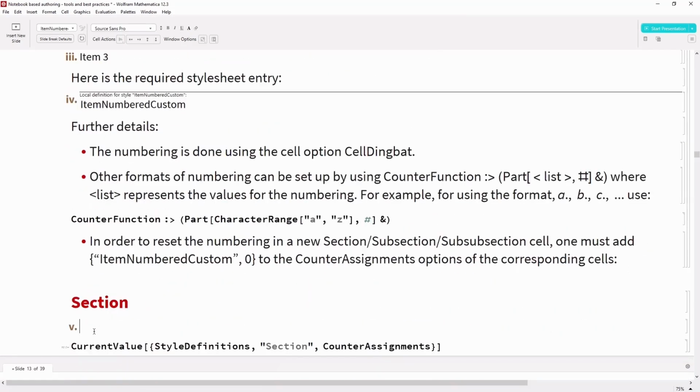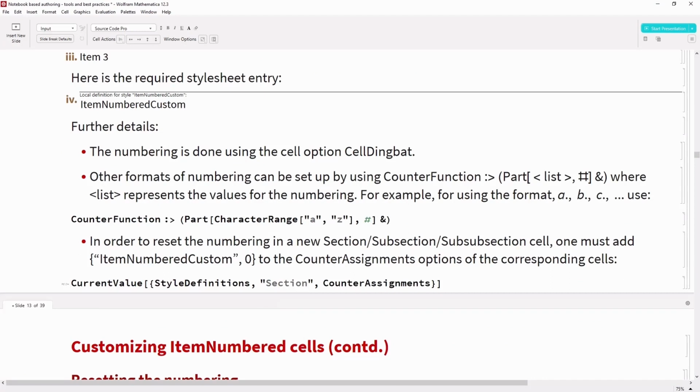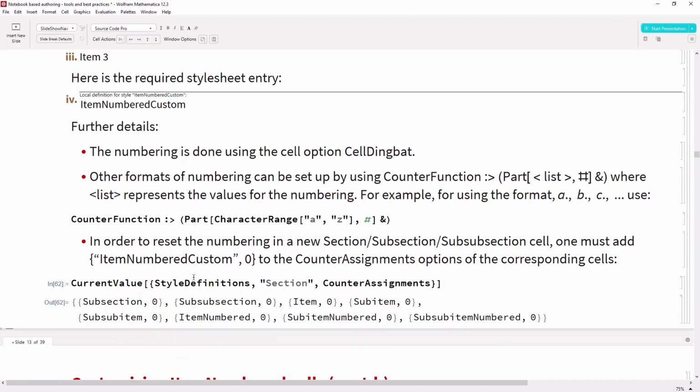To avoid that, we can add our counter assignments to the style definition. Whenever my section is invoked, I'd want my item number custom numbering to start from 0. So we can change this list to add item number custom cells to reset our numbering from 0.